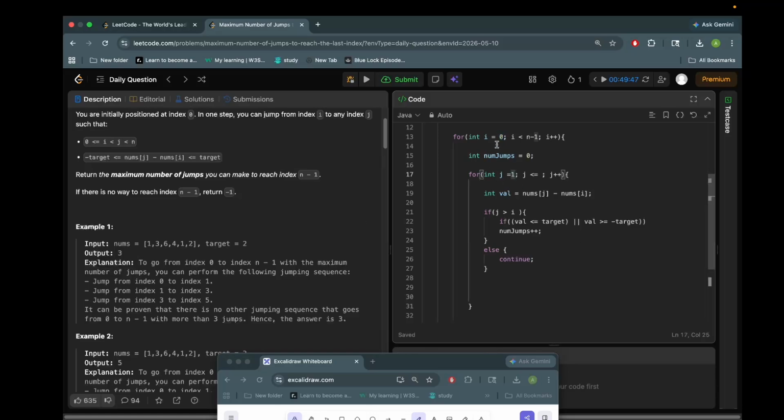So this is the outer loop, right? For each element I: 0, 1, 2, 3, right? Let me go from I equals this to I must be less than n. So n minus I starts here, and we go up till n. So for J equals 0, and J must be less than or equal to,